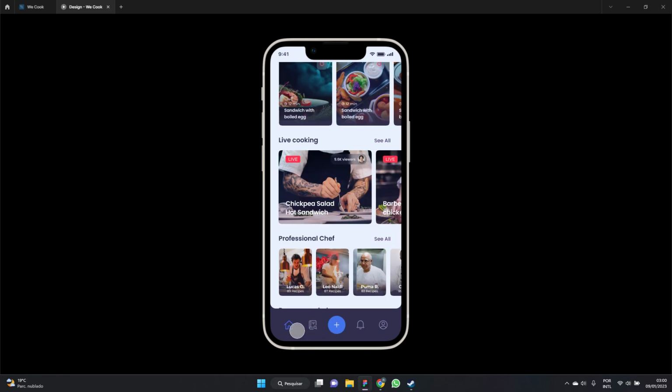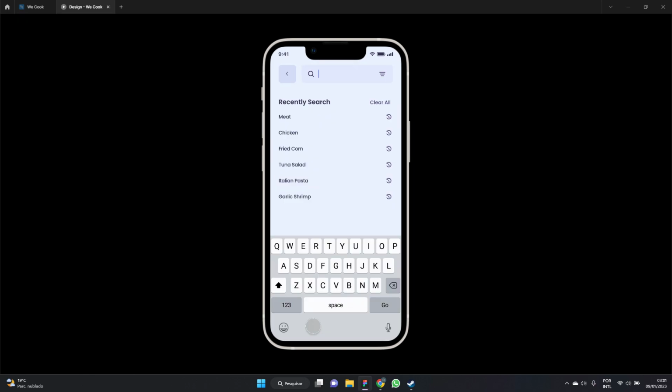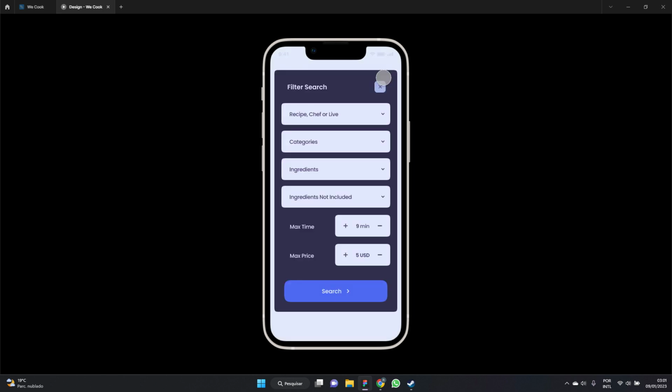In the navbar we have a button to search, a button to add a new recipe, notifications, and profile to access the profile. So if you click here in search, you can search for something you want to eat, or you can use the filters. And in the filter search, you can search for a recipe or a chef or a live, and you can